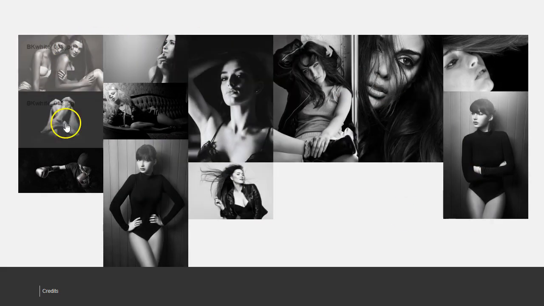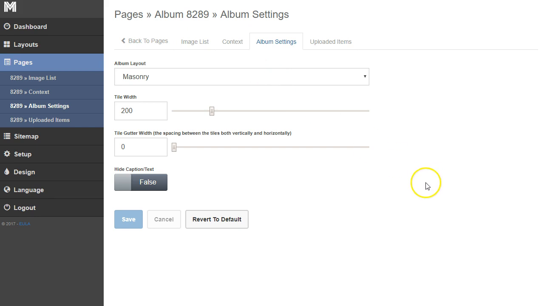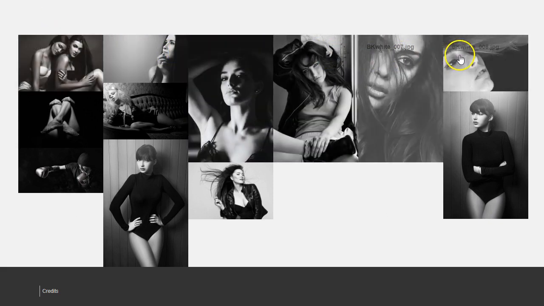So now let's look at the settings that we have. So in the masonry look, we have the tile width. So if I want there to be less images across, I'm going to turn this up, and let's say I turn this up to about 400. Now remember, every browser is going to be different, and this is responsive, so you're never going to have the exact layout maybe that you want, 3 across, 4 across, because every browser is different and it's going to respond differently. So I'm going to save this, and right now you can see that we have a whole bunch of